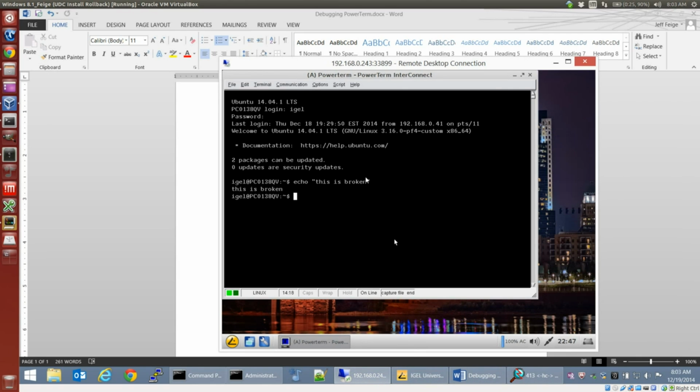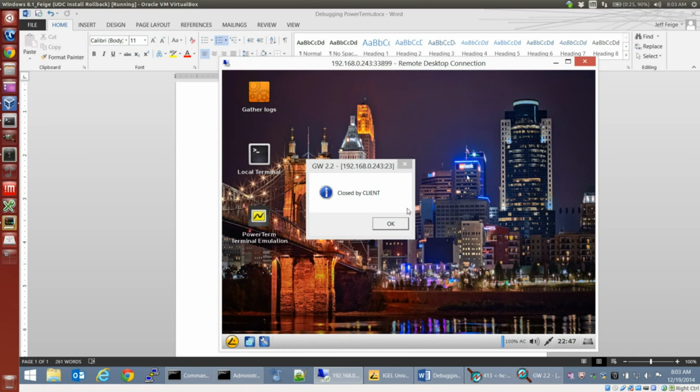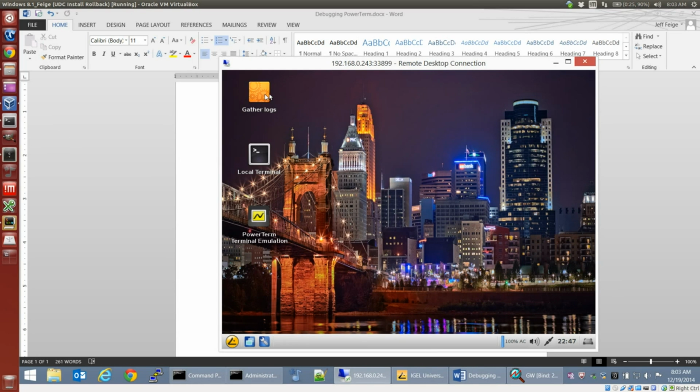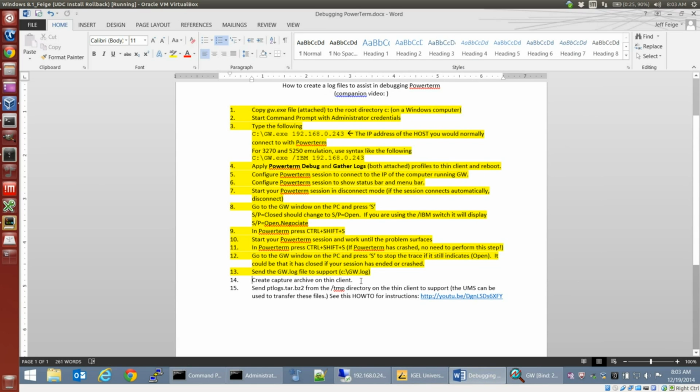So let's go here and we'll close our Powerterm. Yes, we know we double click on gather logs. It will say that the logs have been saved. Excellent. And then you can transfer the logs from the thin client to the UMS. There is a video that I've created out there to show that specifically. I'm going to walk through it real quickly here,